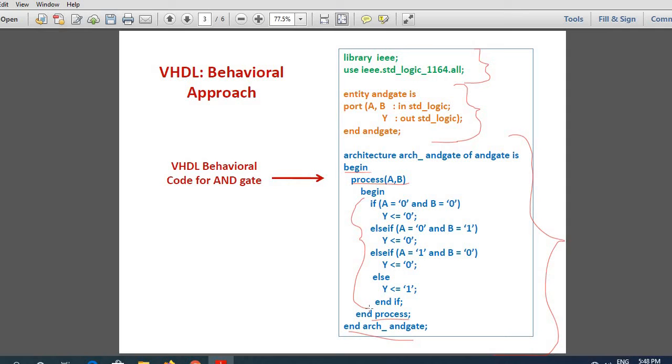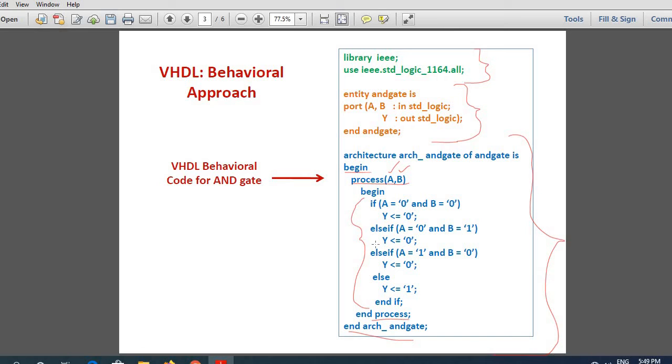I hope you know the truth table of an AND gate. A and B are the inputs to the AND gate, so the sensitivity list contains those variables. When A and B change, these statements will be evaluated. That is the meaning of the sensitivity list: it contains those variables which, when they change, cause the statements inside to be re-evaluated. So for the AND gate, the inputs are given in the sensitivity list.